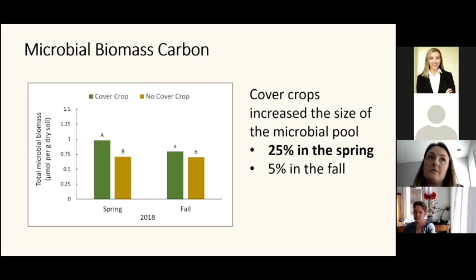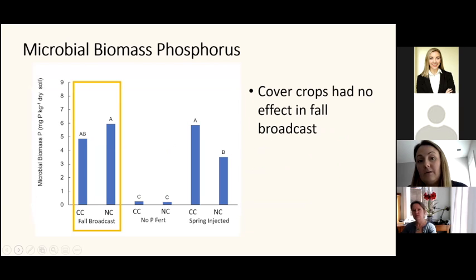And the reason this is of interest in a phosphorus sense is because those cells are very sensitive to lysing. So if you have wet-dry periods or freeze-thaw cycles, those cells can be lysed and spill their guts. And so one of the things that's important is that if there's a lot of phosphorus in those cells, they could potentially be a significant source of